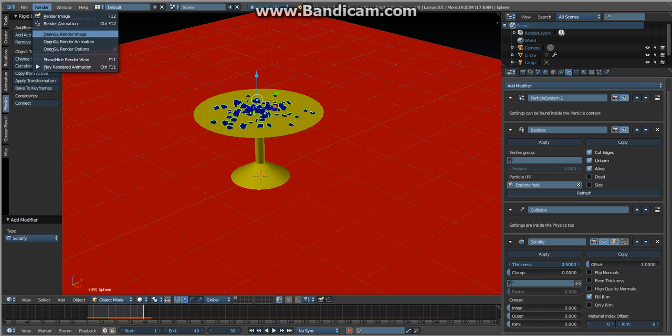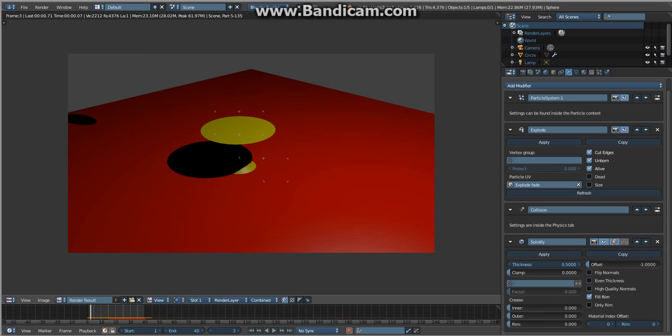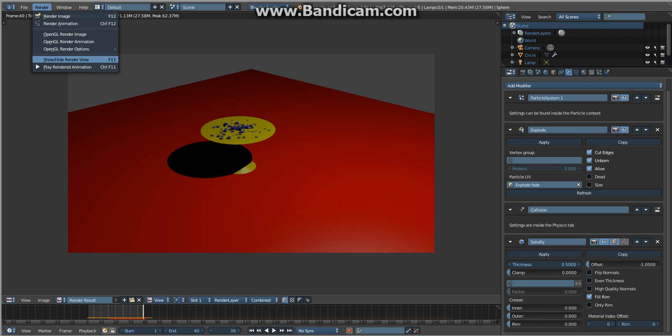And I'll go over to render, animation. Yeah, I got a really epic computer, so it renders really, really fast. This normally would take hours, so lucky. Now, if you notice it broke before hitting the table, I could go back and fix that just to make it seem more realistic, but I don't necessarily have to do that, at least not inside this demonstration. So now if I go to render and play rendered animation,